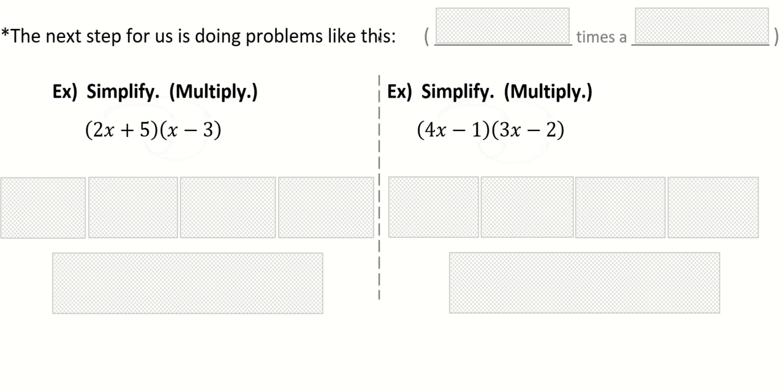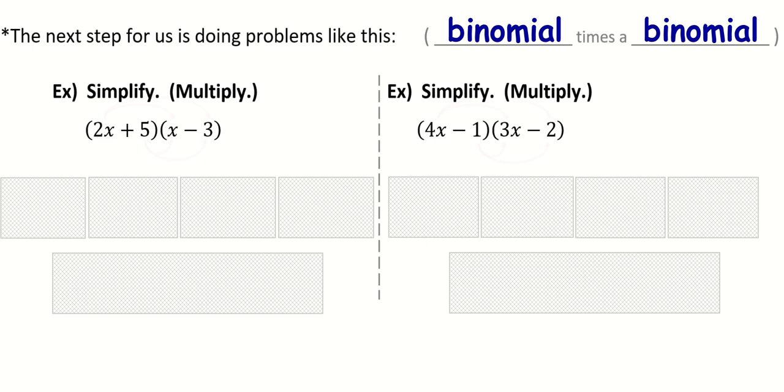So that's what we've been doing, but we're going to do some examples that look like this. And basically, what is this? 2x plus 5 is a binomial. x minus 3 is a binomial. So how do we do this? Okay, well, let's see,